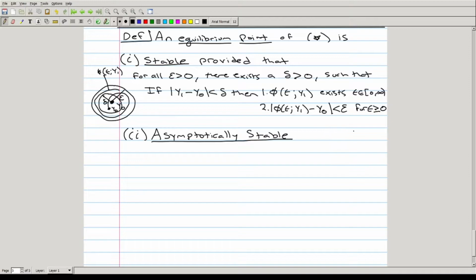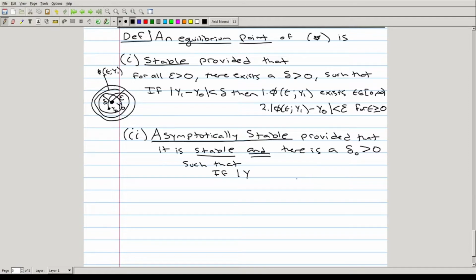So an equilibrium point is asymptotically stable, provided that it is stable, so it's a stable equilibrium point, and there is some positive delta naught such that if the distance between y1 and y naught is less than delta naught, then